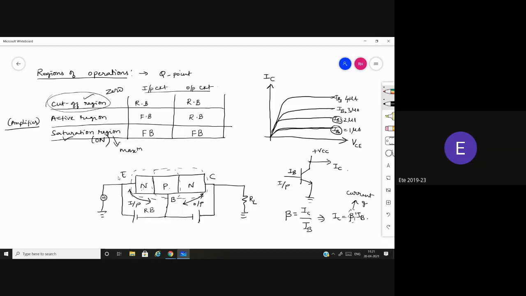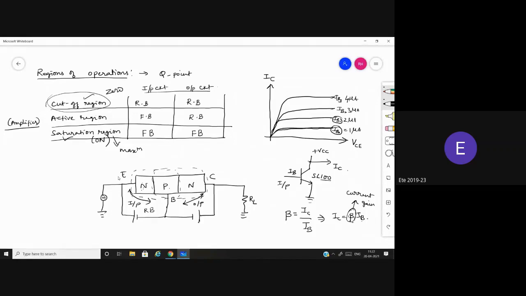Whenever you are going to purchase a transistor, the vendor is going to ask you what gain you expect. Suppose you take SL100. SL100 indicates it is NPN, and 100 indicates the current gain. So this transistor SL100 is going to amplify the given input current 100 times and give it as the collector current. So IC is equal to beta times IB. This beta factor is fixed for a given transistor. It cannot be changed. It is a constant value.